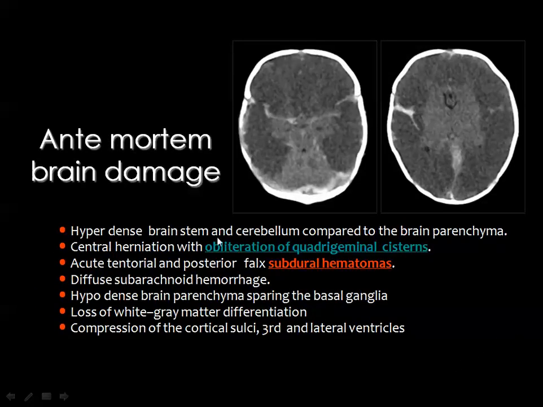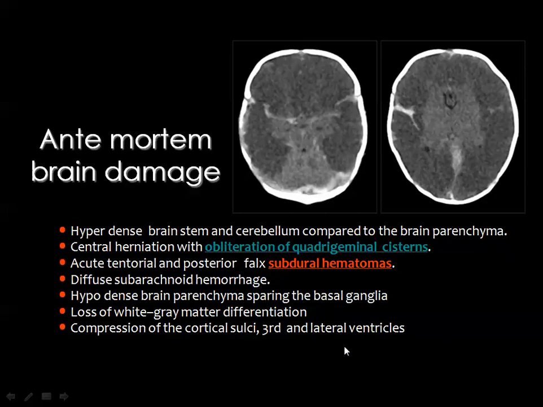And here you can see that the brainstem and the cerebellum appear relatively hyperdense. They are spared from this ischemic insult. You see diffuse hypodensity of the brain parenchyma, and you see the areas of hemorrhage within the sylvian fissure. There is obliteration of the quadrigeminal cistern due to swelling of the brain parenchyma, which is usually an indication of impending